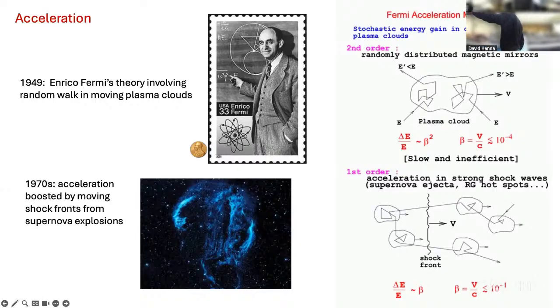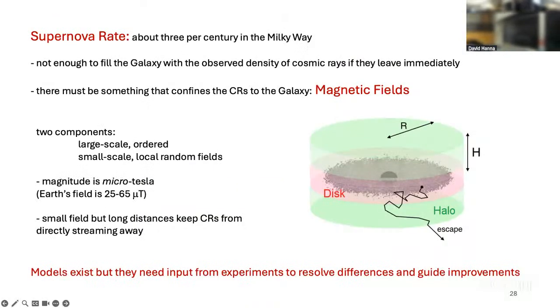So he had a great explanation, but another one came along, and this is what these filaments are all about: the idea that most of the particles get accelerated in supernova shocks. That wasn't known back in the day of Fermi. A lot of the supernova phenomenology came along later, but these are the two leading mechanisms. Okay, so we have a source of particles, cosmic ray particles with certain energy,